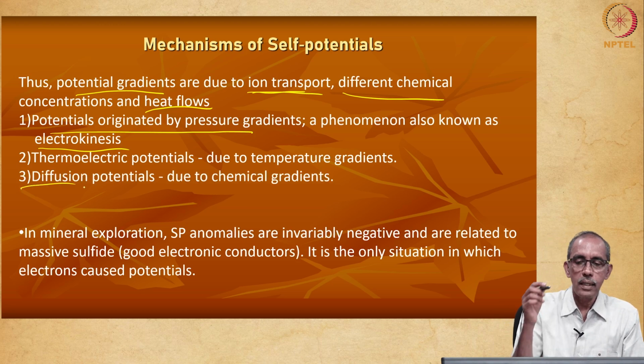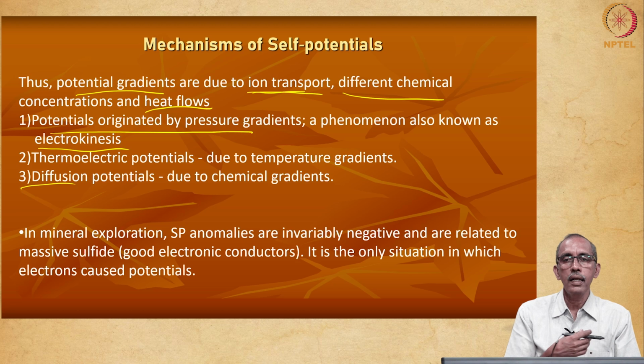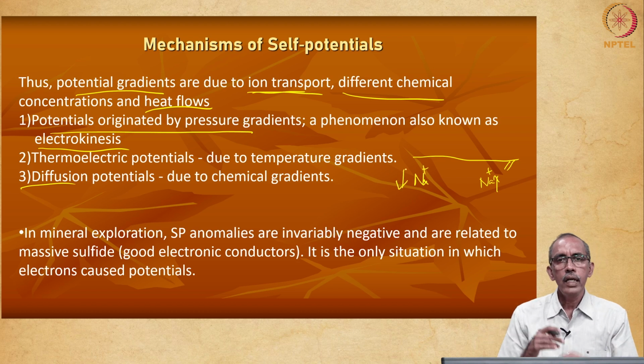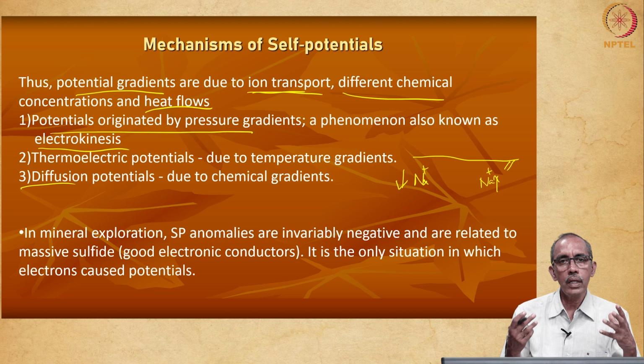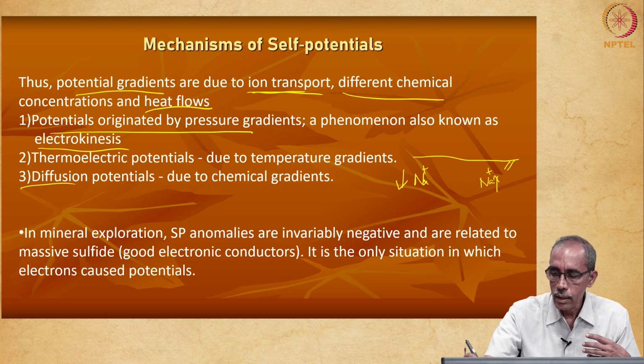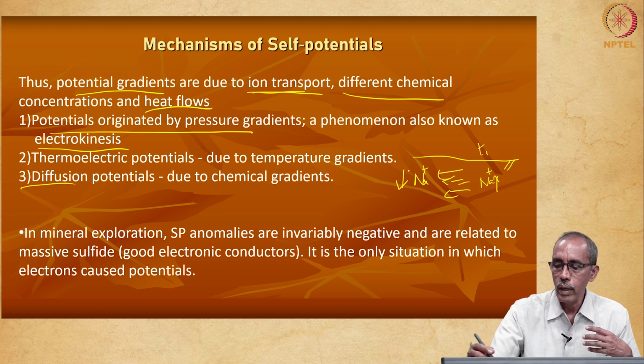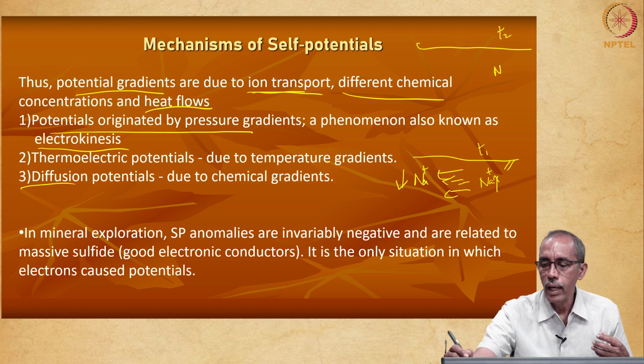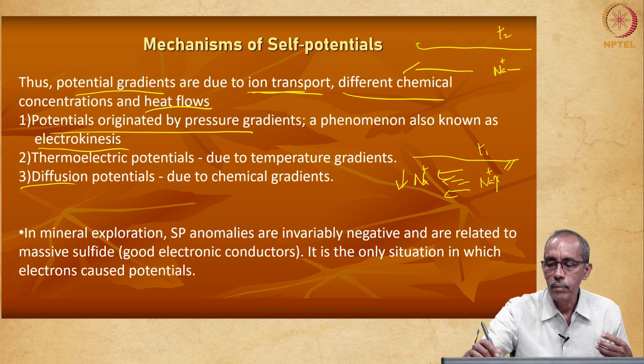Then the third is diffusion. This is what I mentioned initially, right. That means below the surface of the earth, right. This is the surface of the earth. Let us imagine here concentration of sodium ions is very high, whereas here concentration of sodium ion is less. Will it remain like that always? No, it has to reach equilibrium. So, obviously, the sodium ions will be moving toward this direction. This is at time 1. Time 1, here it is higher, here it is lower. At time 2, maybe after several months, everywhere the sodium ion concentration is the same.